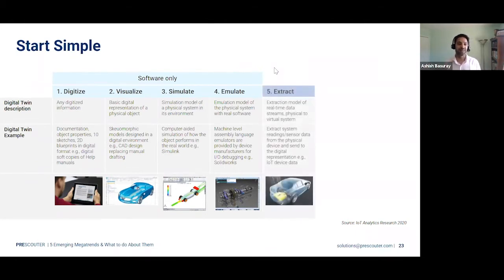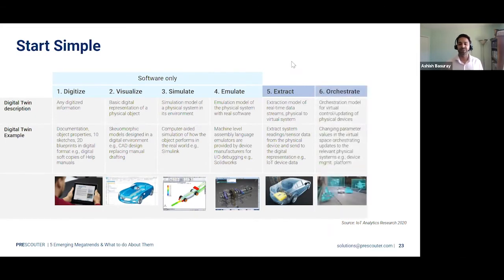Now, if you talk about hardware, you can then, in real time, with sensors placed on your device, on a car for example, pull IoT data right off of that machine and extract real-time data streams into your virtualized environment. From that point, you can start to create orchestration of the model within the virtual space as a function of